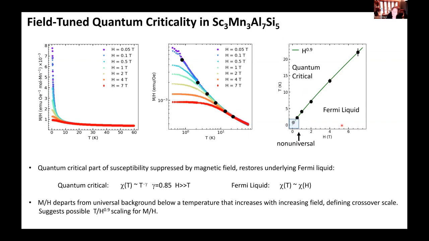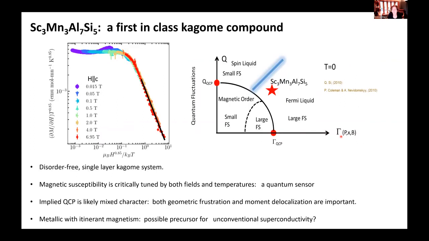And so that led us to ask, which is more important, the temperature or the field? That's a good question because our fallback position is always to say materials like this could be excellent for quantum sensors because they work at zero temperature and could potentially detect magnetic fields. And so the answer, as we found, was that neither temperature nor field by themselves is the control parameter. It's a combination of temperature and field that controls the magnetization. So the evidence for that bold claim is shown here.